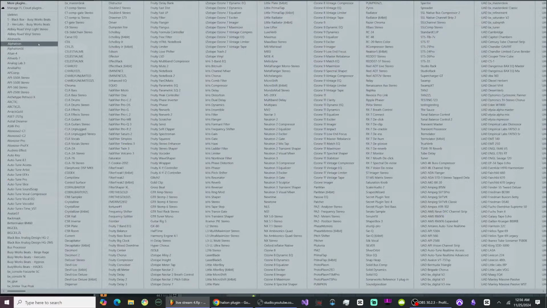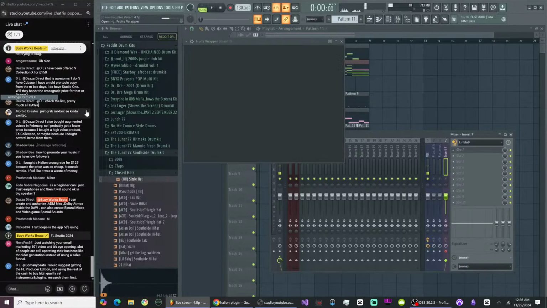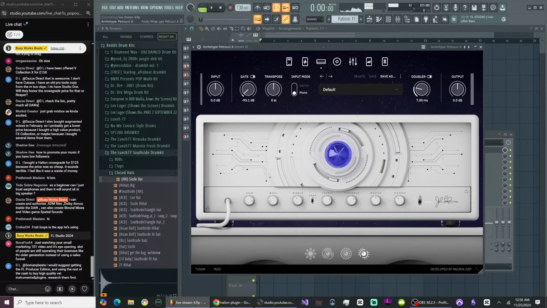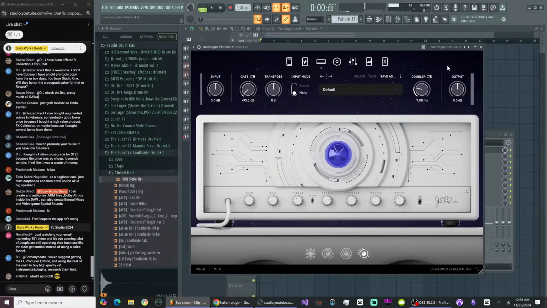Now this one I'm demoing right now, but this is the best so far. The Petrucci, I had the other one called Gojira, which I thought was fire, but this one is way more fire. The Petrucci X, I'm about to buy this thing, even though it's like $100. It's 50% off, but it's still expensive. But it just sounds the way I want my guitar to sound. Let me show you guys real quick. Now again, bear with me. I'm not a guitar player like that.